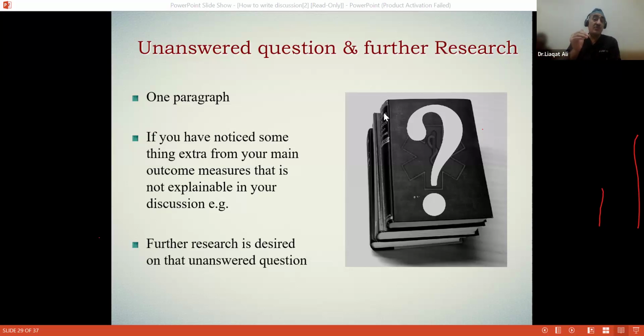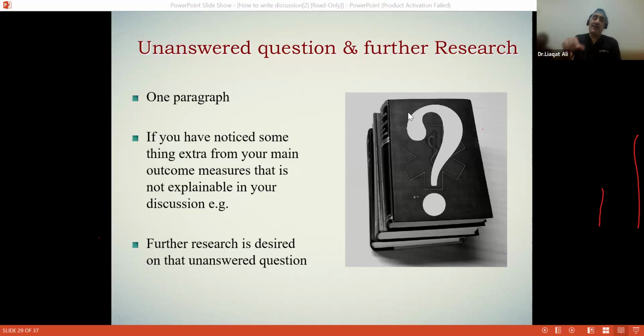And this unanswered question is very important because a new investigator will find its research question in your unanswered question for the further research. हो सकता है XYZ आपकी स्टडी पढ़े और वो सिर्फ आखिरी एक पैराग्राफ पढ़ेगा. If he's a smart guy, he will read only your last paragraph के इसके अंदर research hook or research gap क्या है, and he is going to study that thing. He is not going to confirm your studies again by reinventing a wheel, right?